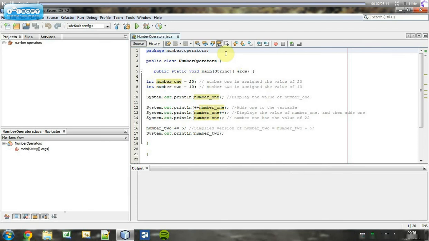Today I'm going to explain how to use increment and decrement operators within Java. I'm using NetBeans IDE 7.2,